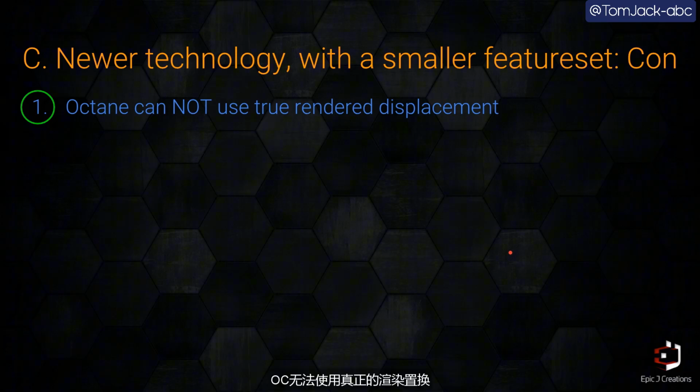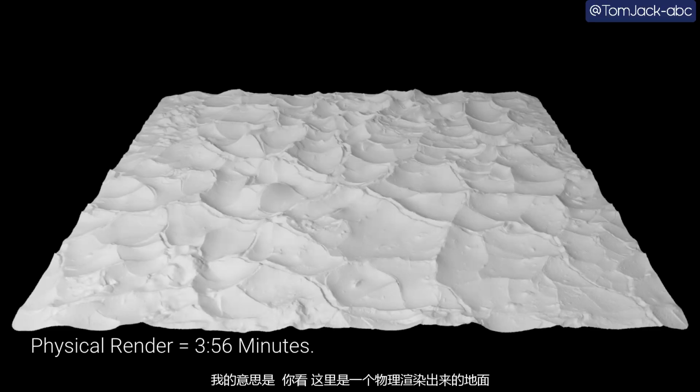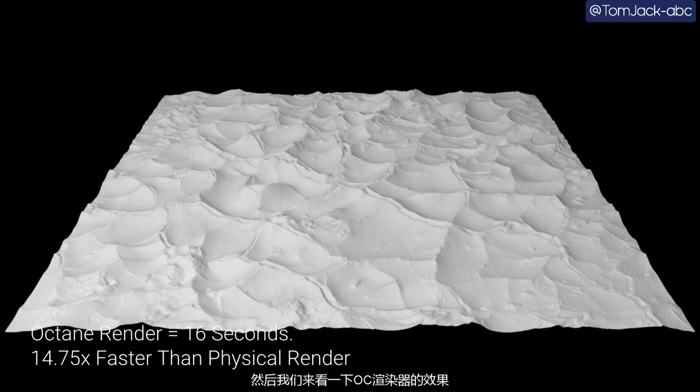Number one, Octane cannot use true rendered displacement. What do I mean by this? Well, here is a physical render of this ground that I've displaced with a free texture that I got from a website called Quixel Megascans. Now, let's look at this with the Cinema 4D render, the Octane render. This took 16 seconds, 14.75 times faster than the physical render. This again is of course much faster, and again we're seeing the benefits of Octane, but the con is,